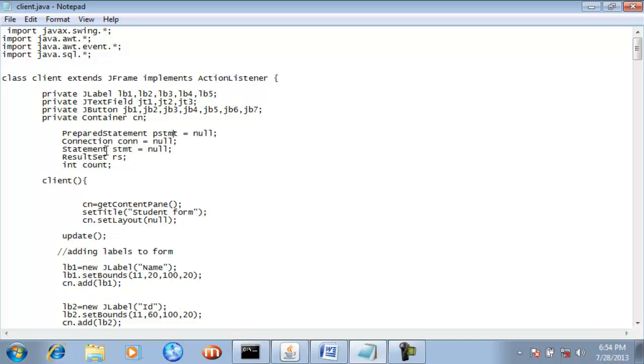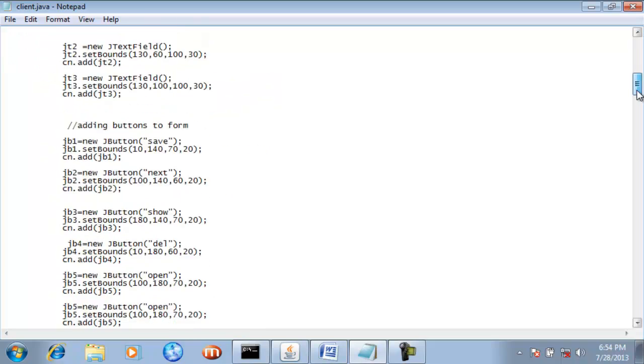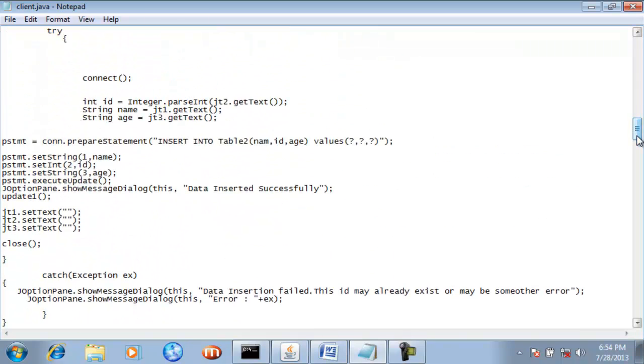So basically, what is the real difference between the PreparedStatement and the Statement class? If you see here, we have used the PST_empty object, and inside this we have used con.prepareStatement. Here con is an object that has already been created inside the connect method, as we already know.